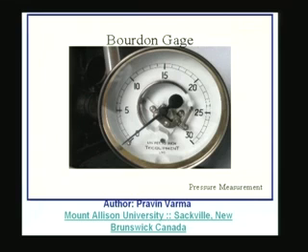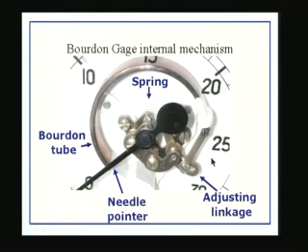The Bourdon gauge essentially consists of, if you see here, we are able to recognize there is a tube in the form of a C. This is the tube, okay, and this is connected to some linkage here, and eventually it is connected to a needle or the pointer which is going to move over the scale. Let me just go to the next figure, which is somewhat more clear. What it consists of is the Bourdon tube, which is some kind of a flattened tube. You can see that here. It is flattened and the cross section is somewhat elliptical,